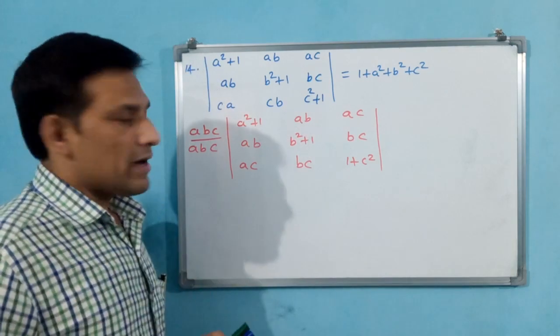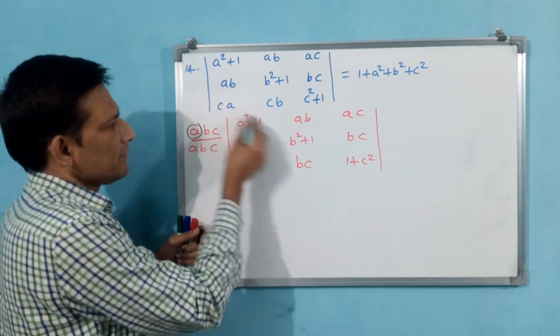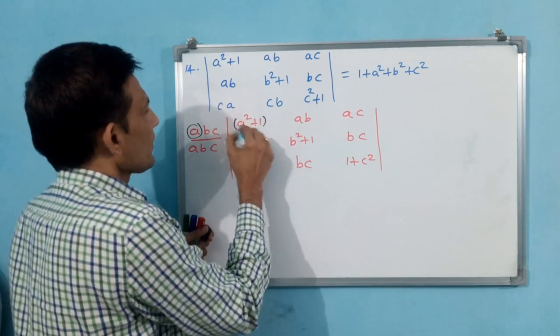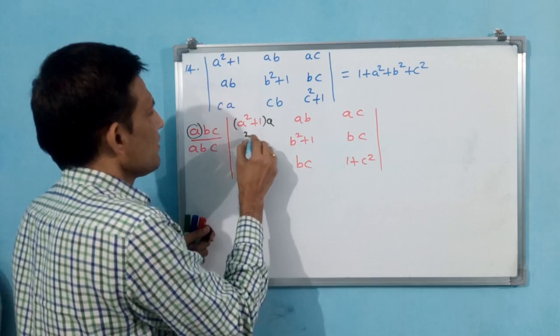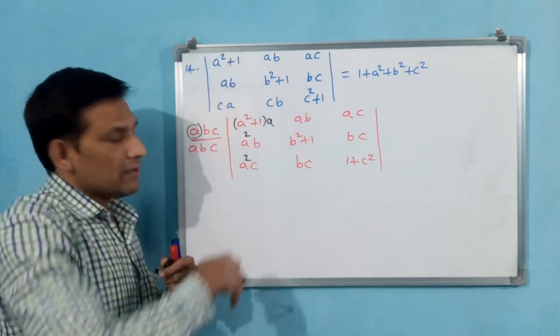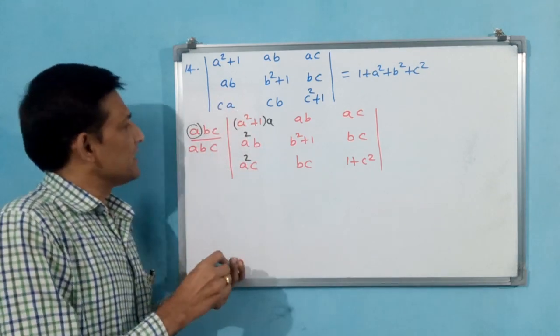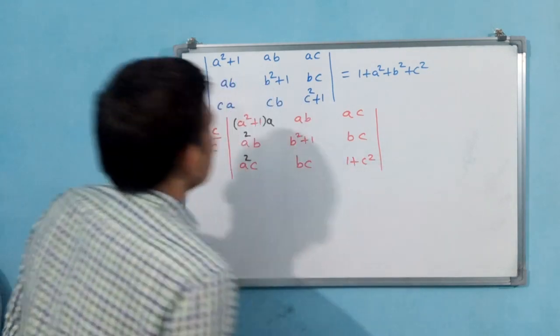Now you observe carefully what I am doing. See, A I am sending inside into A square, A square. Is it okay? Column 1 I have multiplied with this scalar. After multiplication, this C will not be there. Okay?